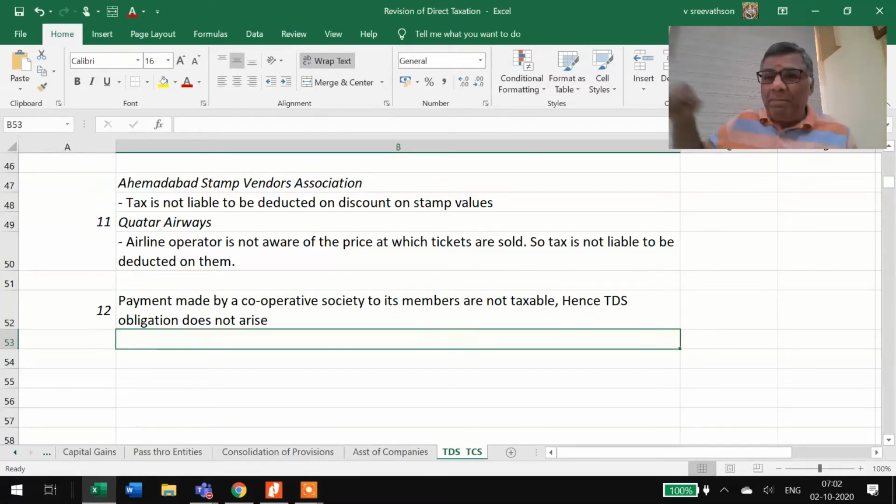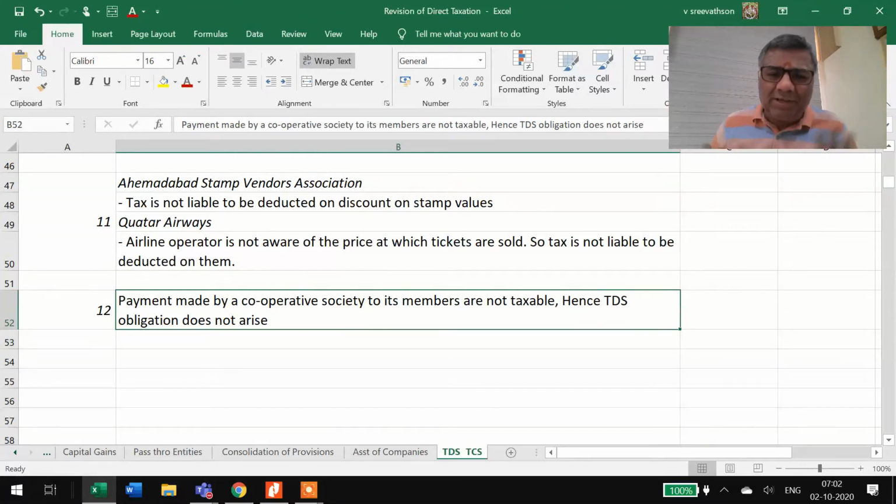What the bank now pays me is not in the capacity of a member, but as a deposit holder; they are paying me interest. Remember, parent law legislation says cooperative society and members come under the mutuality concept. So there is no income, so no tax is liable to be deducted at source. Acceptable, understandable, yes. But in the instant case which I am talking about,